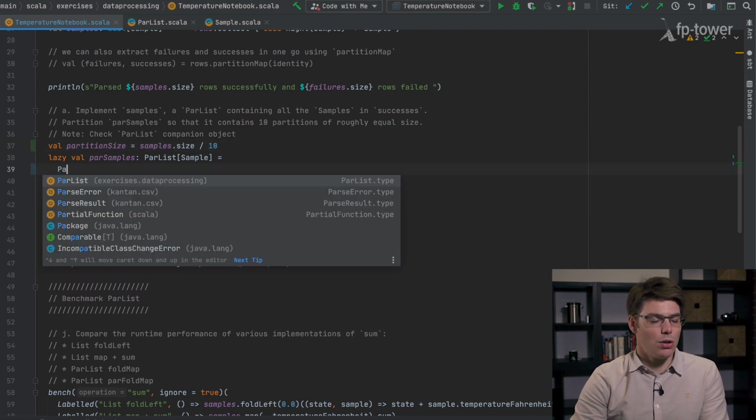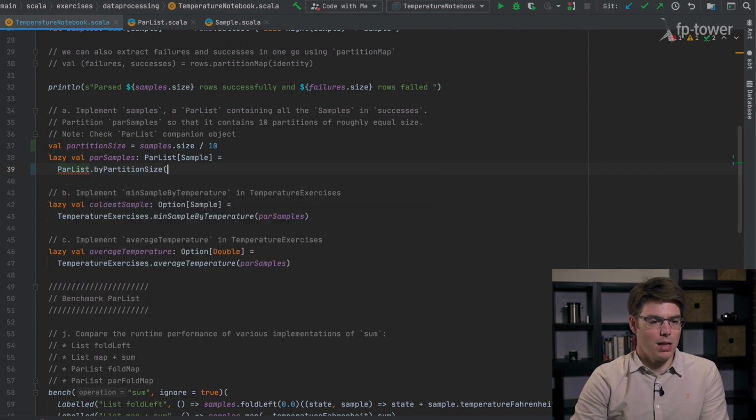Then we can use byPartitionSize, the constructor, to say this is the expected partition size that I want, and here is the dataset that I want to split. Once it's implemented, we can remove the lazy keyword.